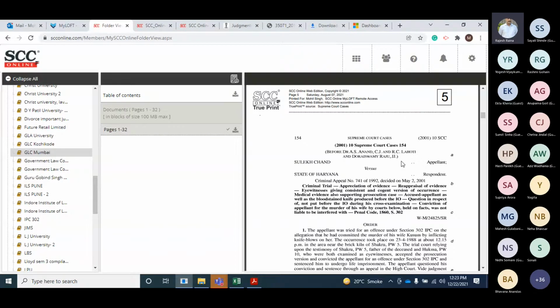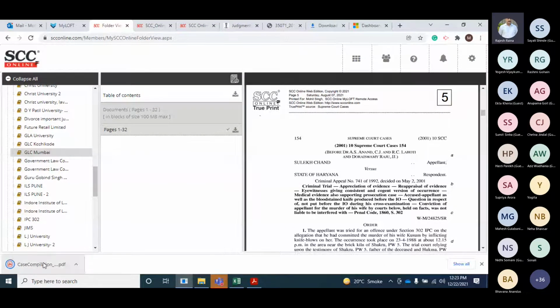You have to then choose the last option, that is download the compilation. In the second column on top, there is a download case compilation icon. Click on that, it will download it in the downloads folder. From there, you'll just simply